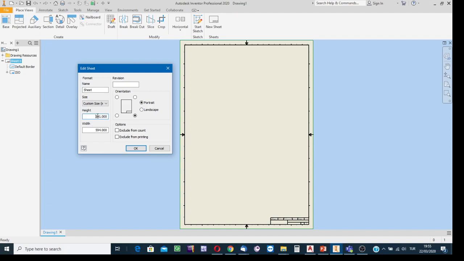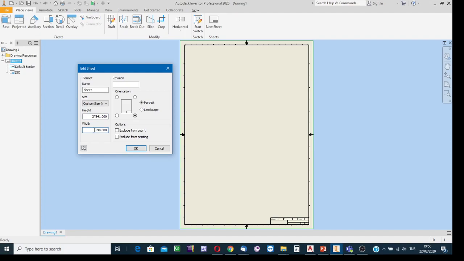Into this box, 841 millimeters is the standard height of a landscape oriented A0 size paper. 2A0, 2 asterisk, is to say that it is multiplied by 2, the height of the paper. As the width of the paper,